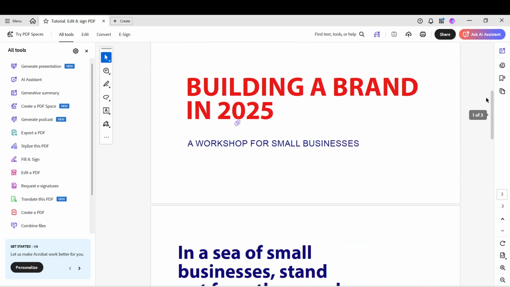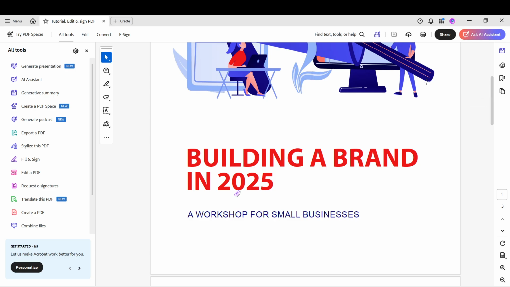Click the chat bubble icon to open the commenting tools. Within the comment toolbar, choose Attach File. This is the tool that lets you add a file as a clickable icon inside the page content so readers can open it directly from the relevant section of the PDF.